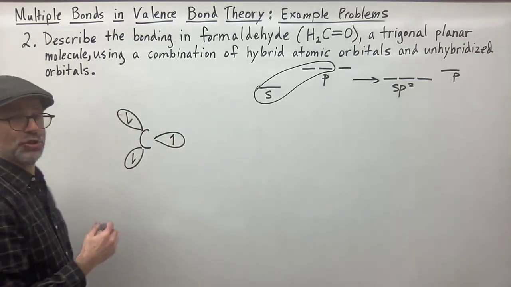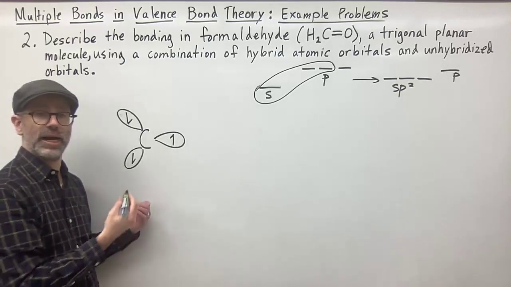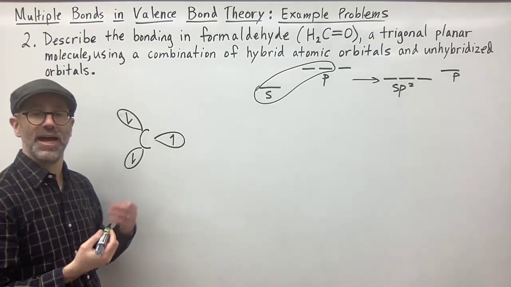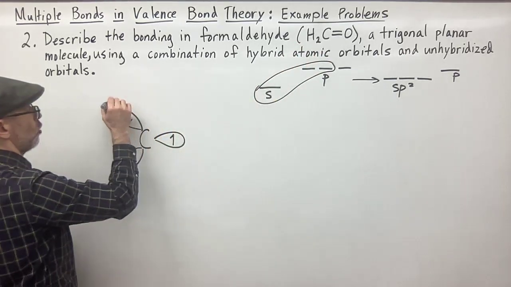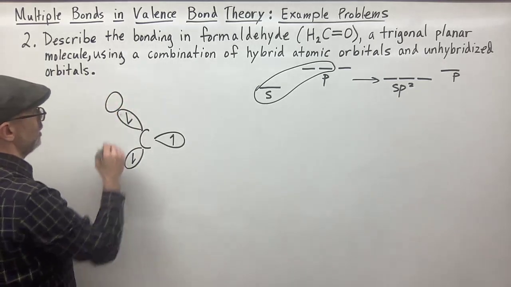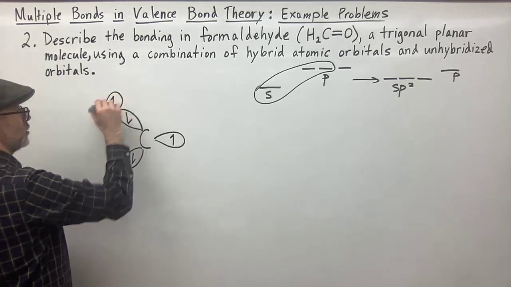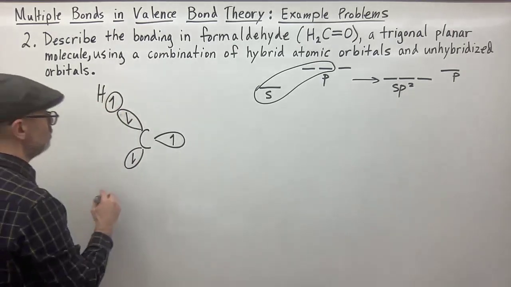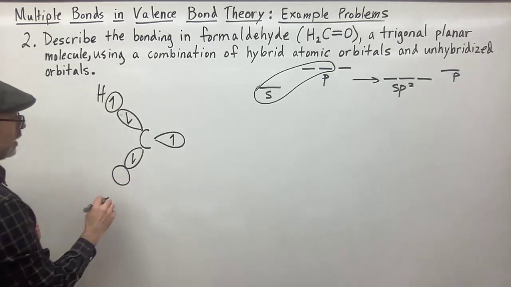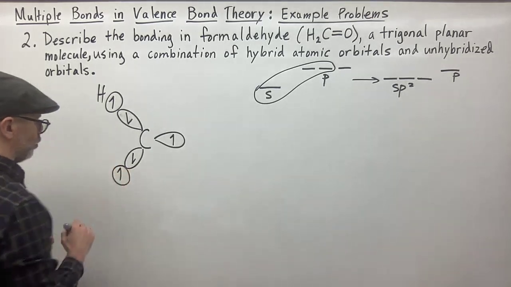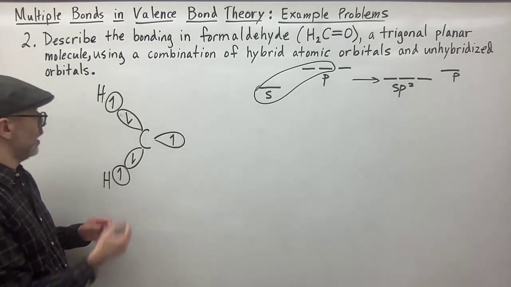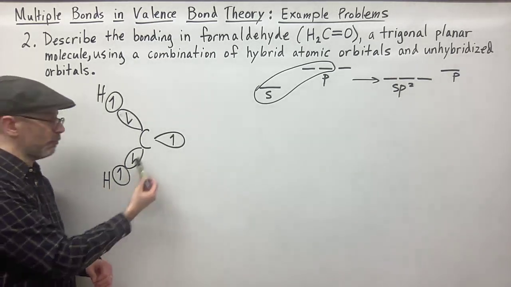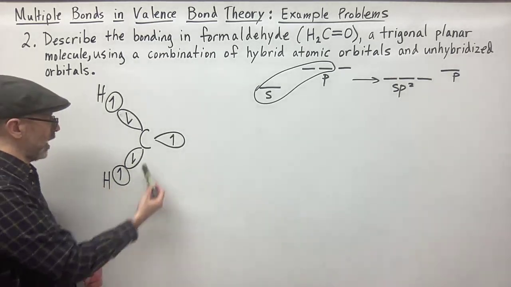Both of these are going to be bonded with or interacting with an unhybridized s orbital on the hydrogen, because we've got two hydrogens here. So we're going to have an unhybridized s orbital for this hydrogen, and we'll have an unhybridized s orbital for this hydrogen. So we have that hydrogen there. So we've got these single electrons paired up, forming a bond between carbon and hydrogen, and then here we have